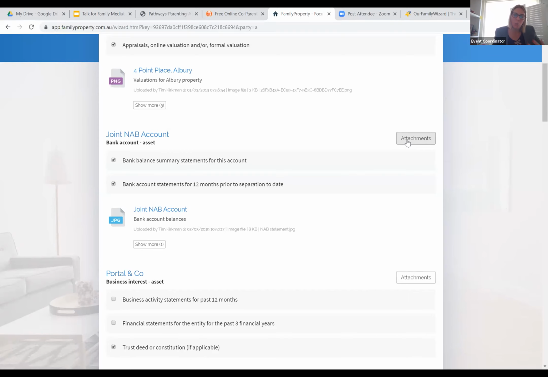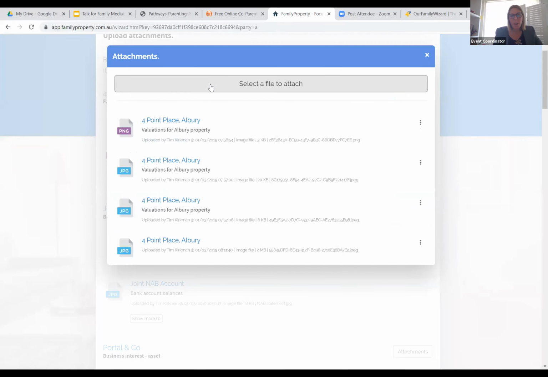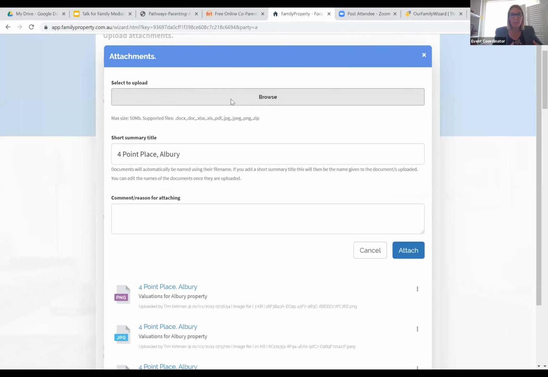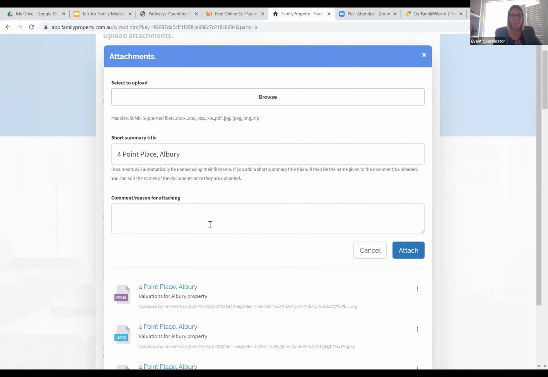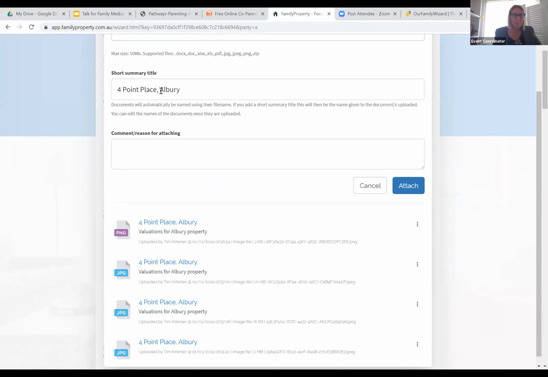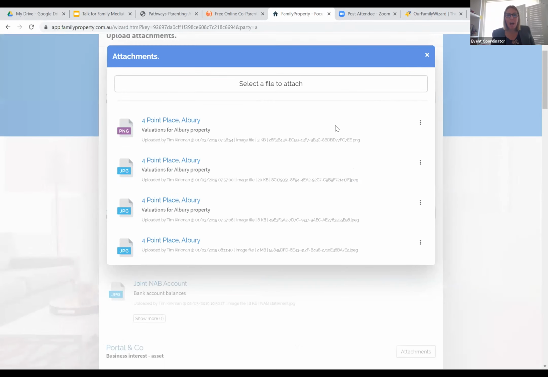And this is a really good, secure platform to enable you to do that. You can do that by uploading from your phone or computer, pressing browse, and you can upload those market appraisals or other documents. They will automatically be given a title. You can put a comment as to why you've uploaded them. And you can see here all of the information will be displayed.